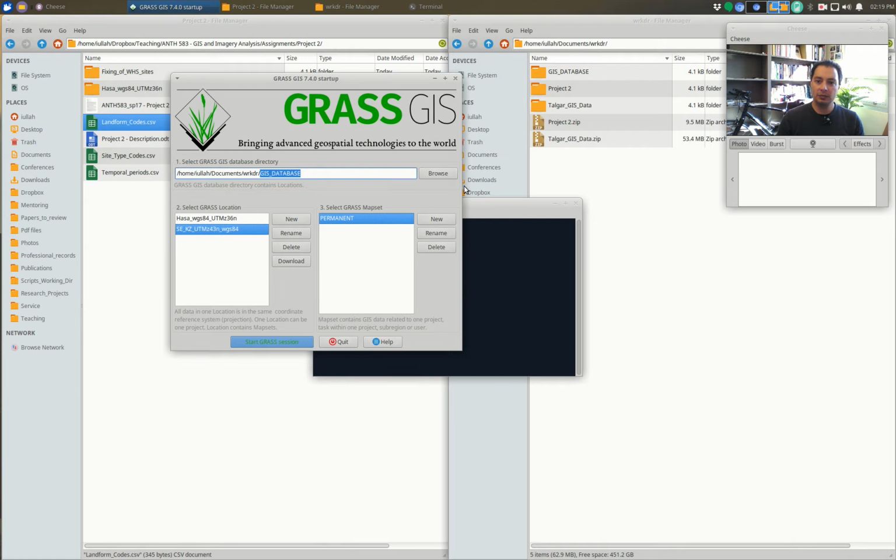By default, this one remembered my location from last time and that I was in permanent. Here we're going to move to Hassa WGS 84 UTM zone 36 north. I have set up the permanent mapset to have basically 3 maps in there, a raster SRTM background, and then 2 point vector files of some survey data,